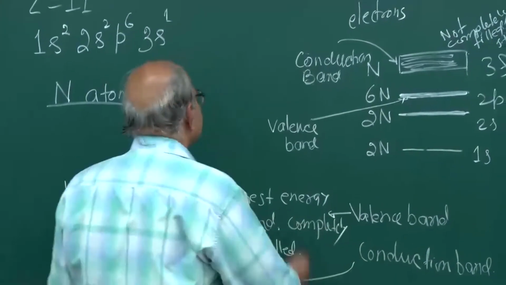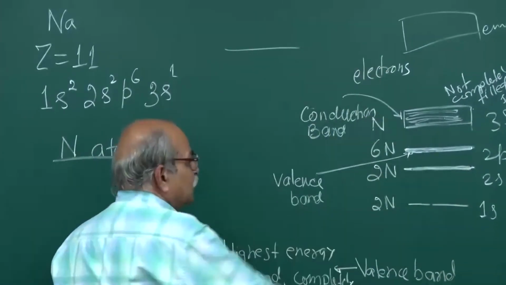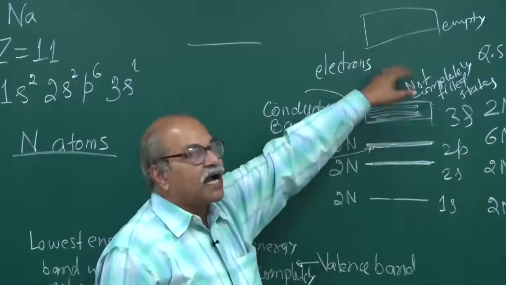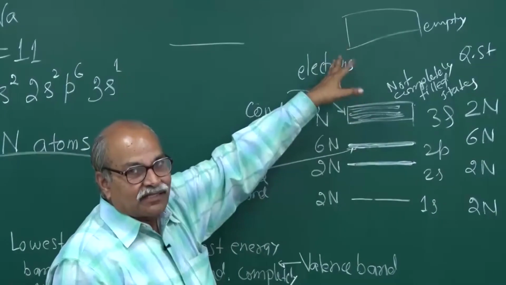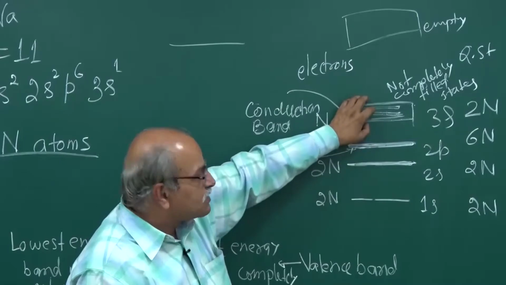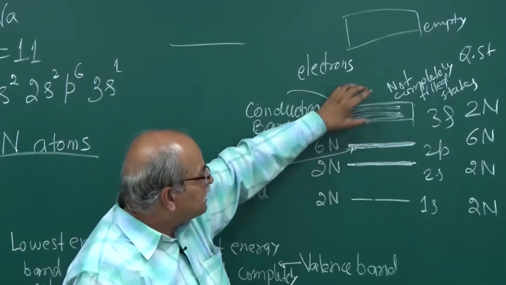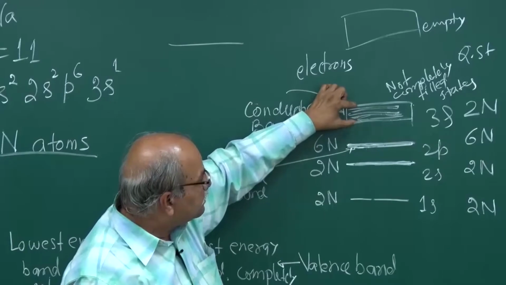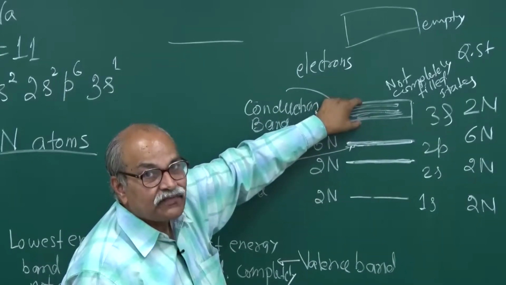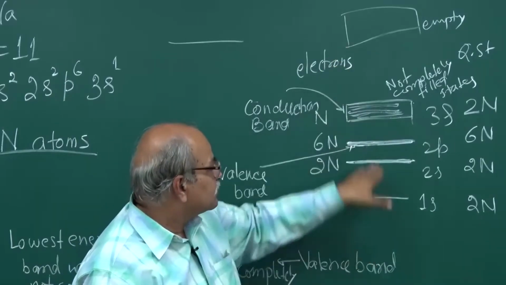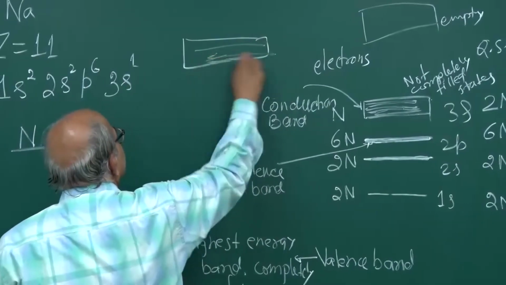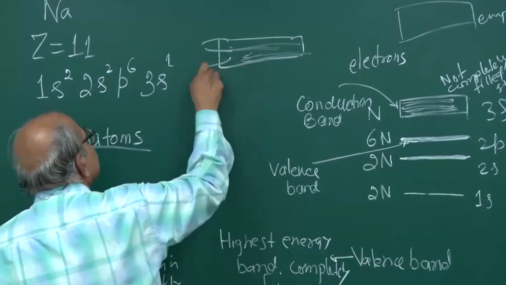So, if you have some material, not necessarily sodium, which has this kind of band structure, where completely filled, completely filled, completely filled, and then partially filled. Here you have enough filled states and enough empty states. With this kind of band structure, you can draw a wire of that material,